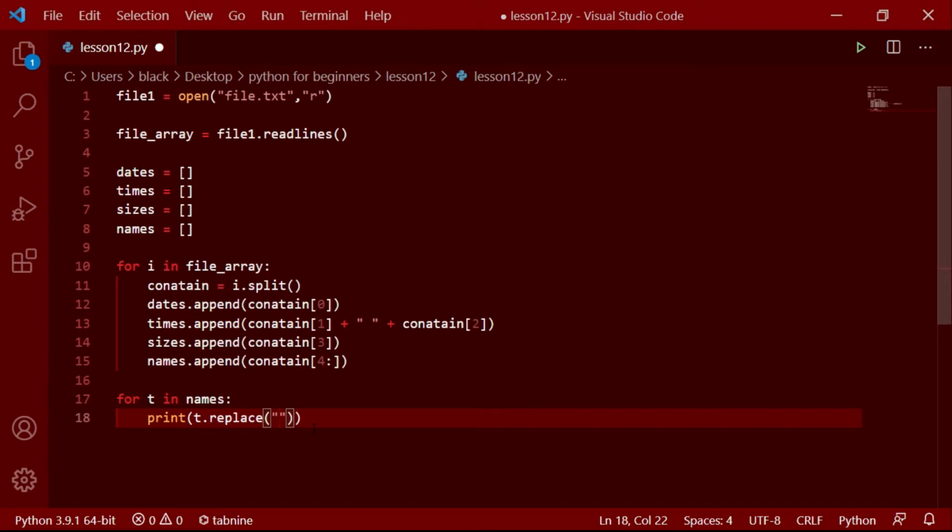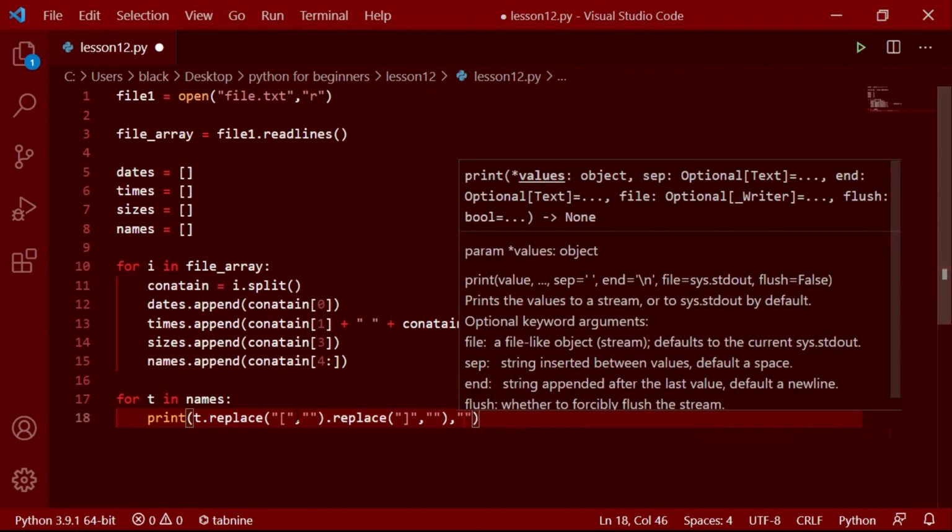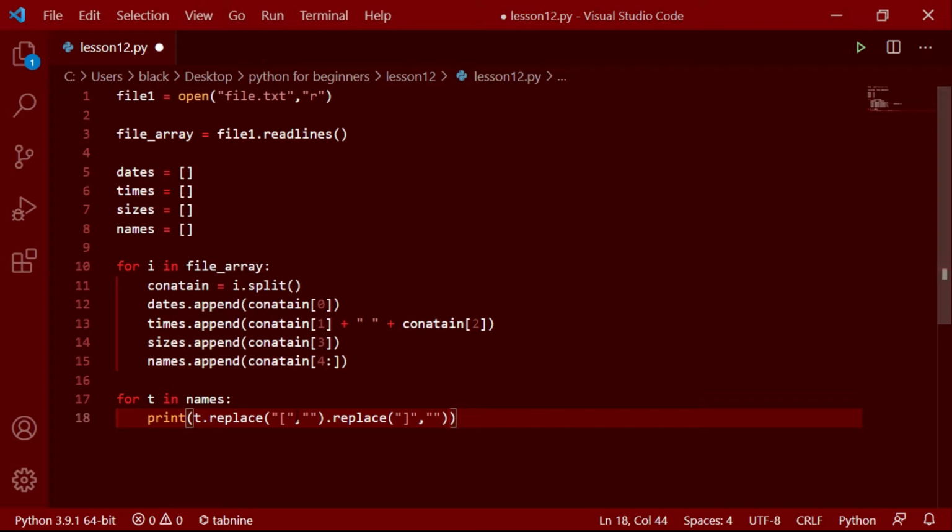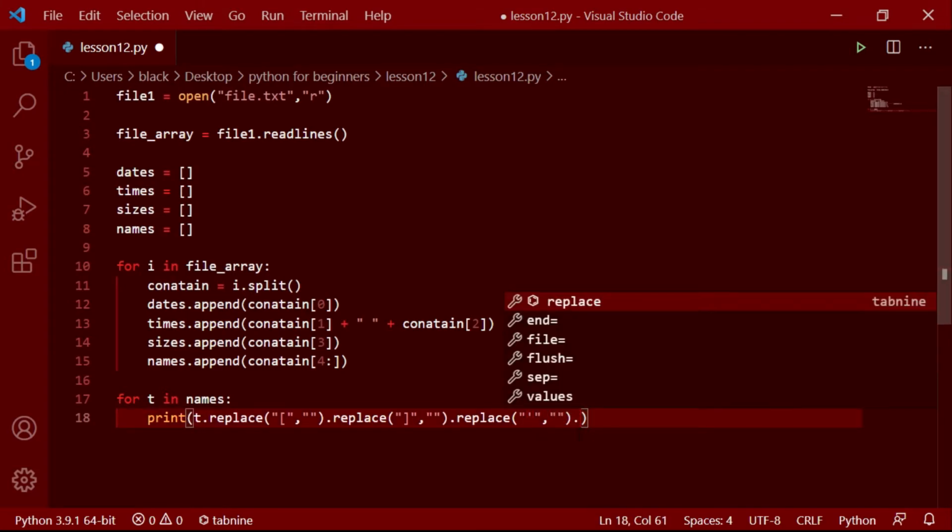We want to replace this square bracket with nothing, and likewise we want to replace again this close square bracket with nothing, and we can use it like this, and we don't want underscores.